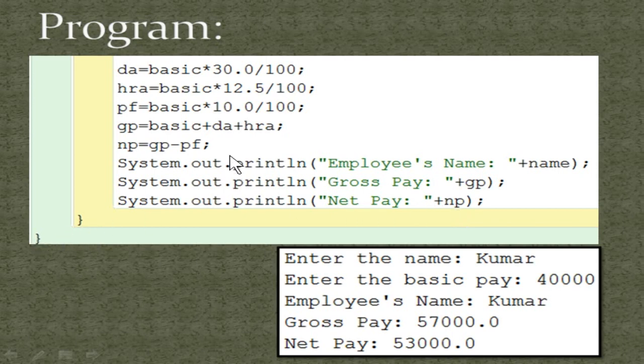Then you can compile the program. Once you compile it, it will ask you to execute it. So execute the program, you will get the output like this. You can see enter the name, and the cursor is waiting next to it because you used System.out.print. So enter the name here, press enter. It will ask you to enter the basic pay. You enter the basic pay as an integer value, then press enter. Automatically you will get these 3 lines because that is the output statement used here.